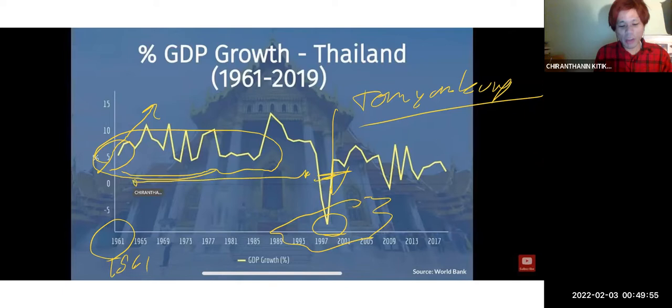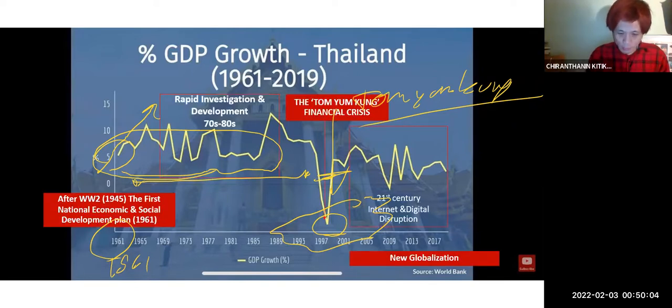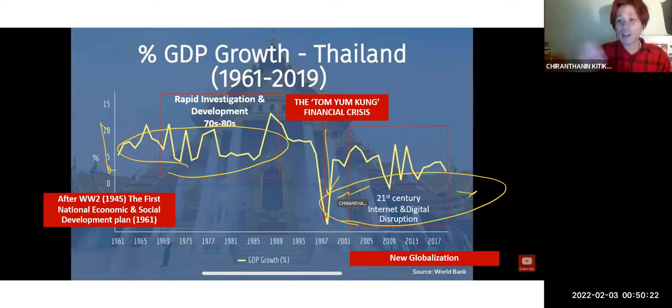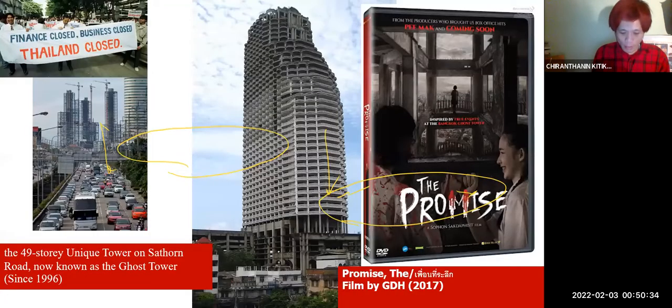And this is the era of Chiang Mai, where we invented from modern planning, modern design. Okay, and this is it, right? This is after World War II, and then we have rapid investment and development in the 1970s and 80s, and then we fell down in the millennium, and right now we live in this period, which is never stable, but is rising and lowering, decreasing all the time. So this affects the city as well. And this is another project which you can see in Bangkok, right?